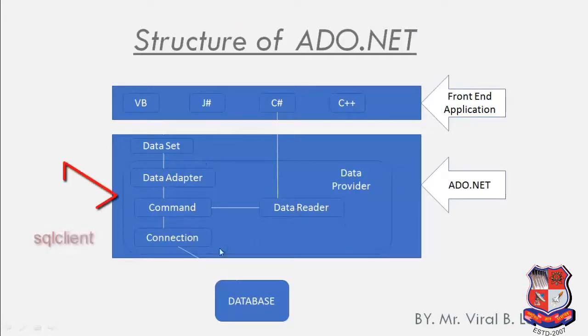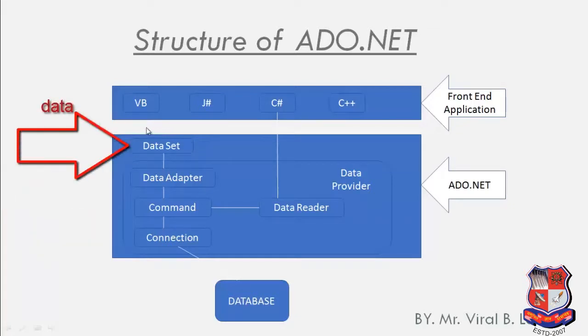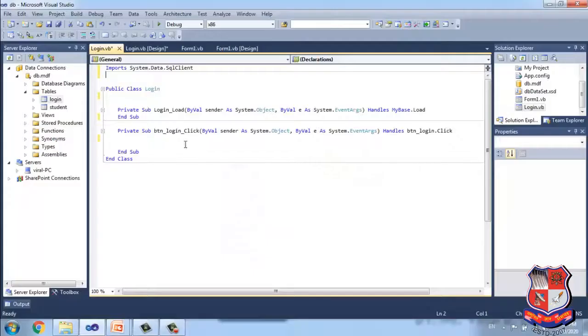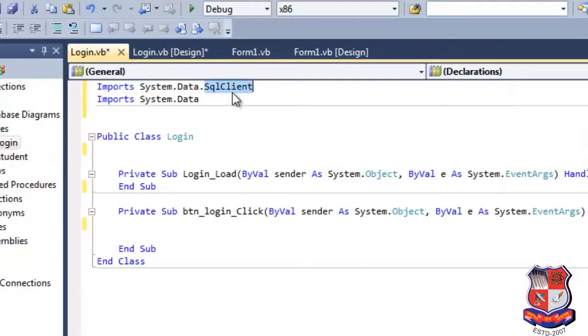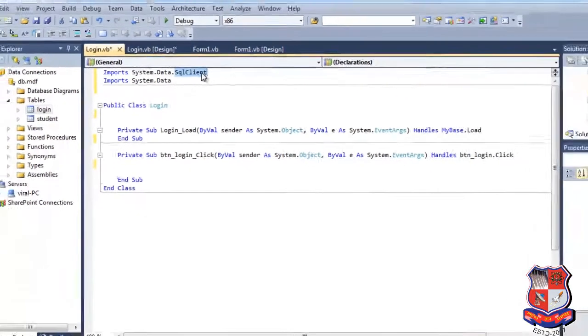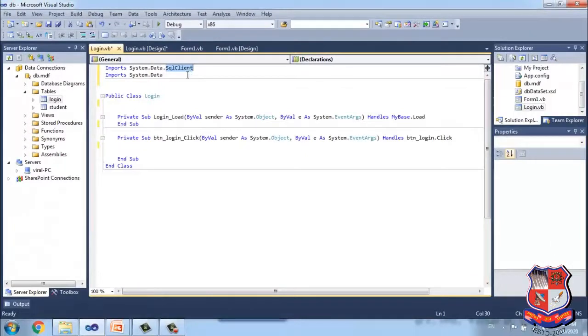For these 4 classes we are using the SqlClient namespace. In this lecture we are using data set, so we have to use another namespace for data set. The namespace for data set is System.Data. SqlClient is the namespace for those 4 classes.